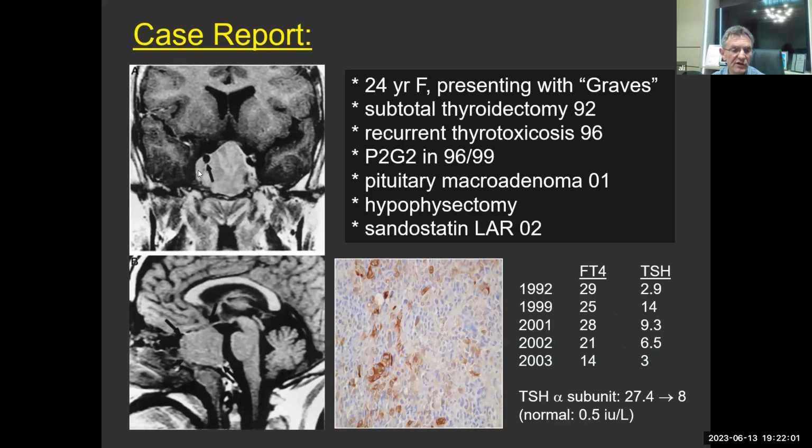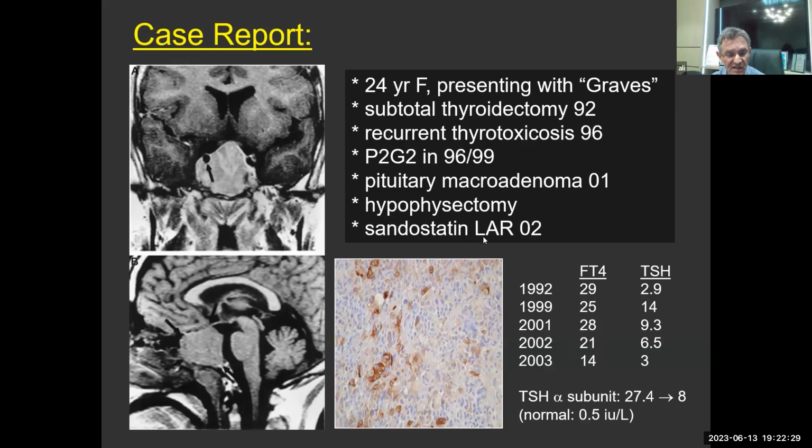And you see this very large macroadenoma, which has destroyed the normal pituitary. Here you can see the macroadenoma causing compression of the optic chiasm. And so this patient was investigated, had an alpha subunit, which you can see was very high, normal being less than 0.5, it was 27, and the patient underwent surgery and still had persistent hyperthyroidism and a high TSH, and then